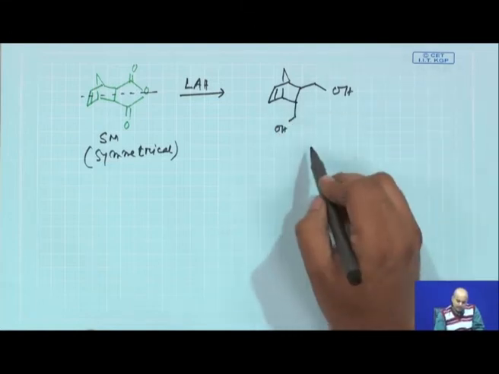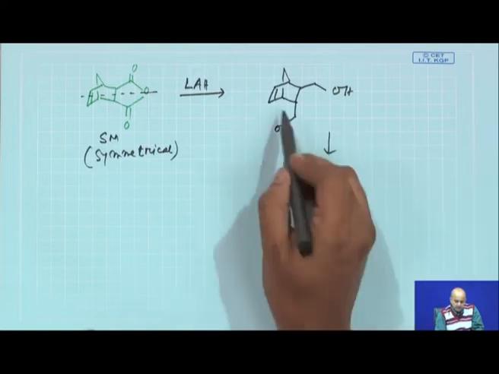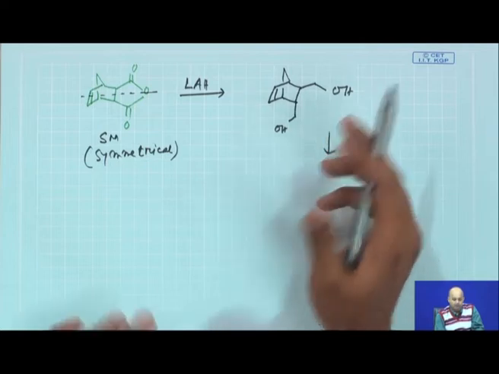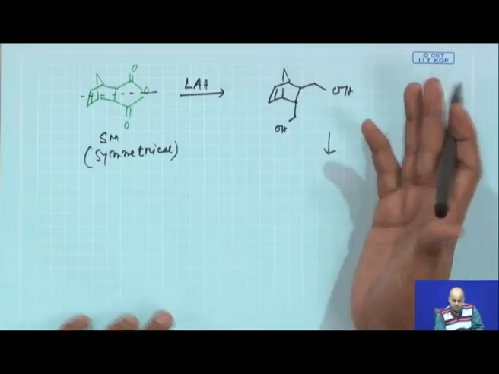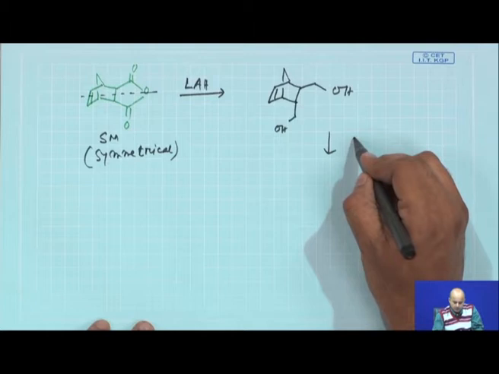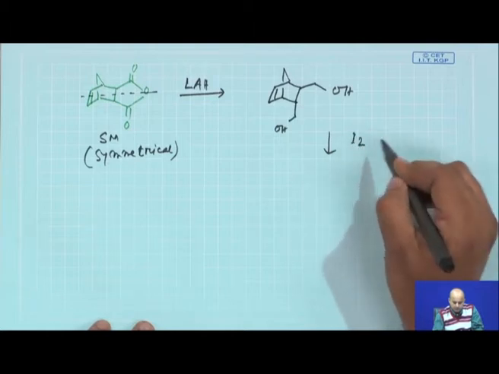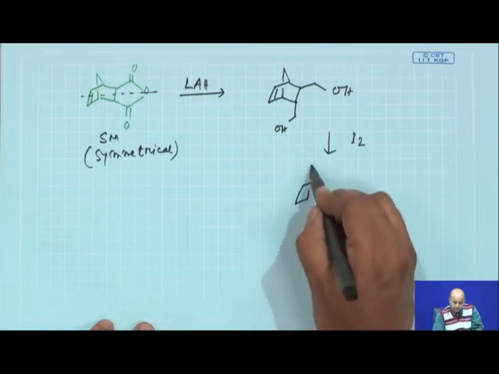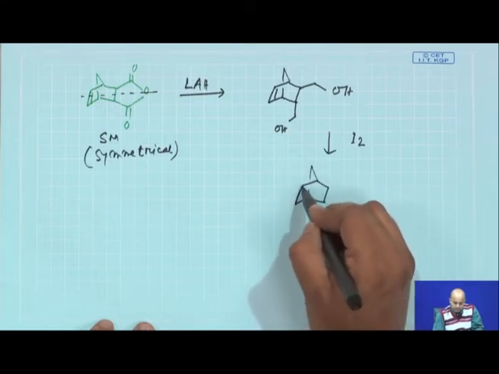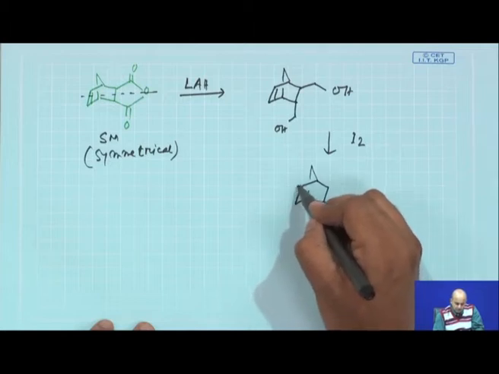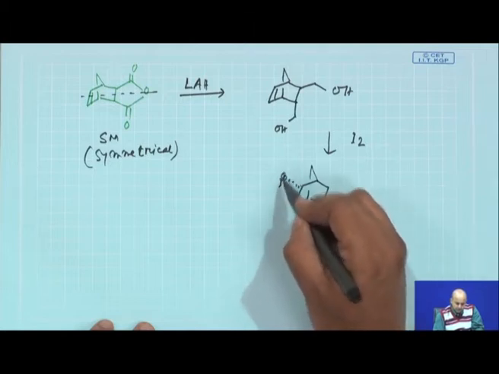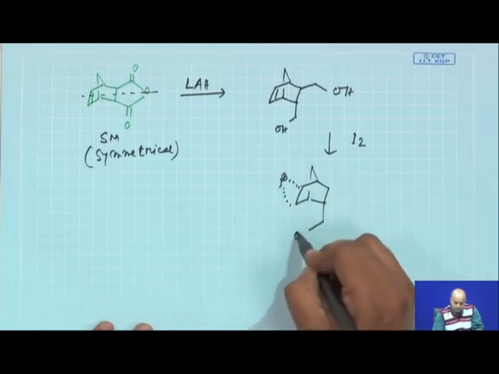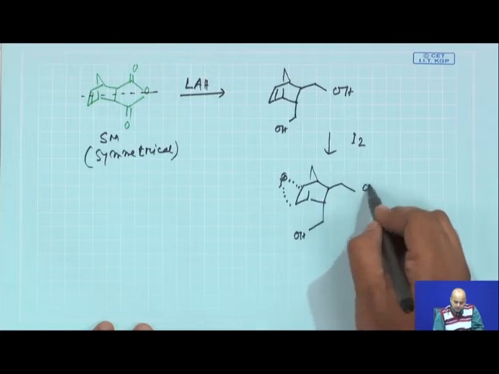Now, what I am saying is that you need to think about some reactions which will destabilize or which will remove the symmetry. So, I said first we will be reducing this anhydride, because anhydrides are not good functional groups to deal with. So, I said first we reduce these things to the corresponding OH. Okay. Now, you see OH are nucleophilic in nature and you have an electrophilic double bond. So, any principally unique reactions you can think about. So, let us say you will be doing a simple iodonium ion chemistry, treat with iodine, you convert this to the corresponding iodonium ion and then make this CH2OH and this CH2OH.